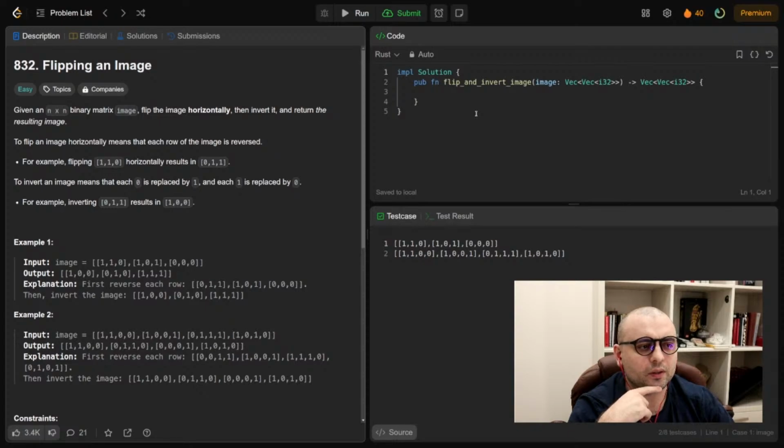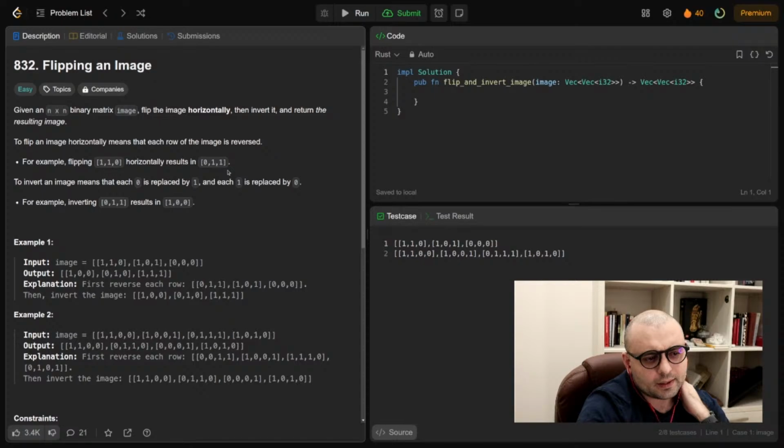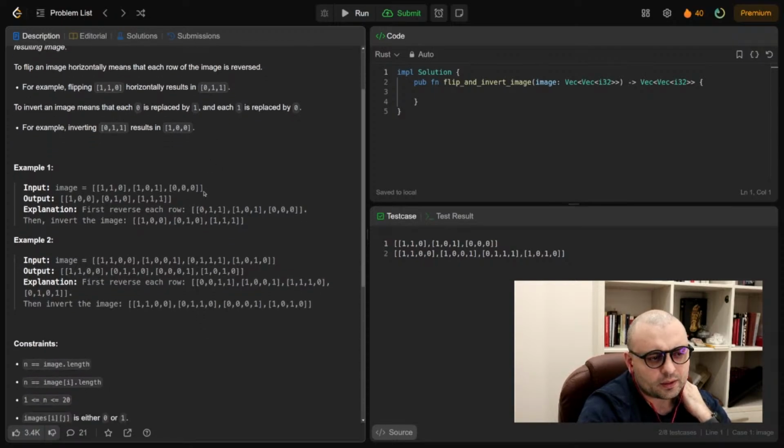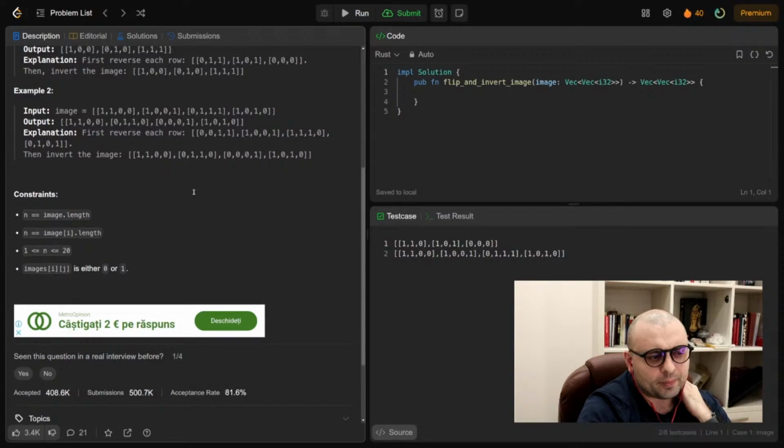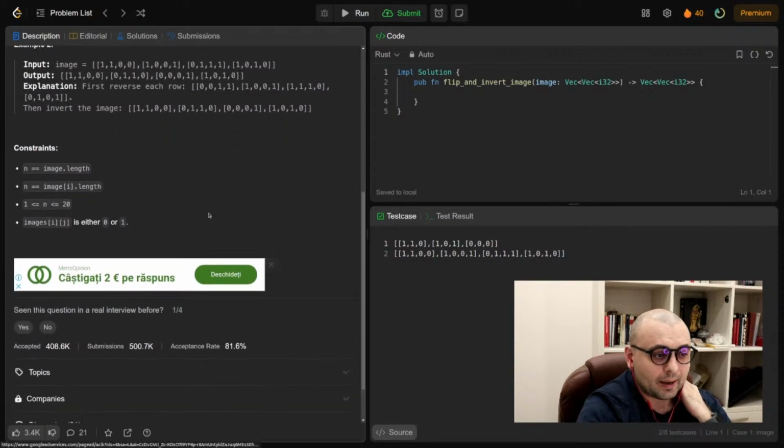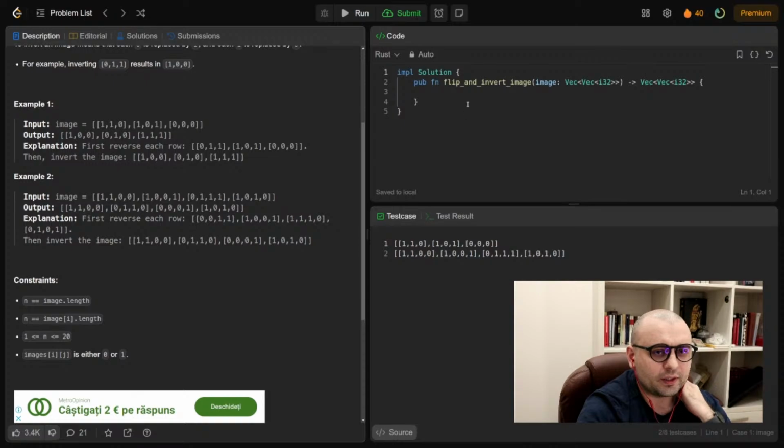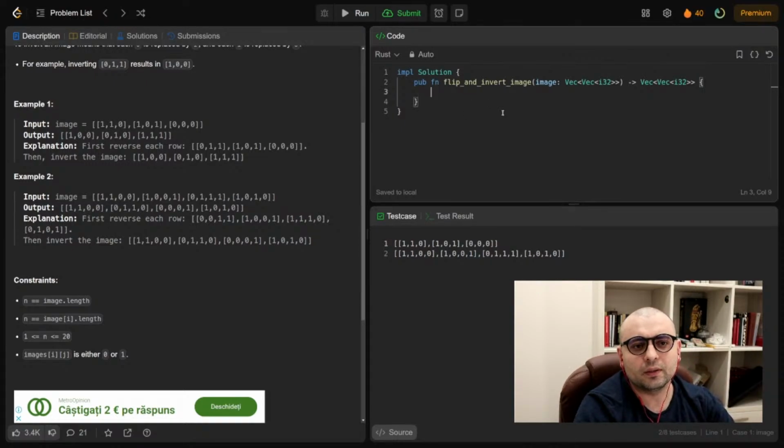For example, inverting 0, 1, 1 results in 1, 0, 0. Okay, flip the image horizontally, then invert it. Second, I still don't understand why this is, or how this is bit manipulation. I mean, from one perspective, inverting a number